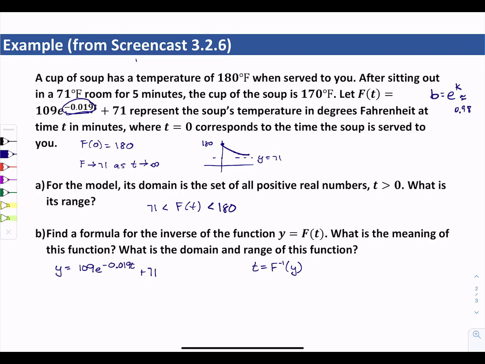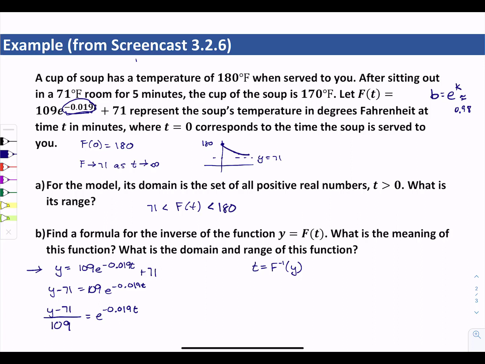So that means that we're going to take this equation and solve for t. So we'll subtract 71 from both sides, giving us y minus 71 equals 109e to the negative 0.019t. We'll divide both sides by 109. So y minus 71 divided by 109 equals e to the negative